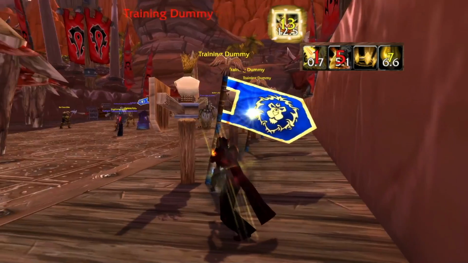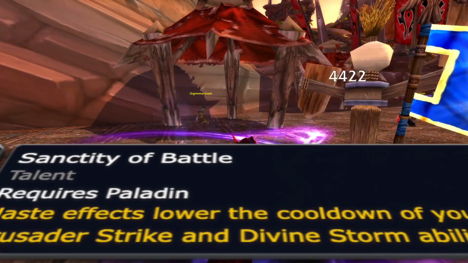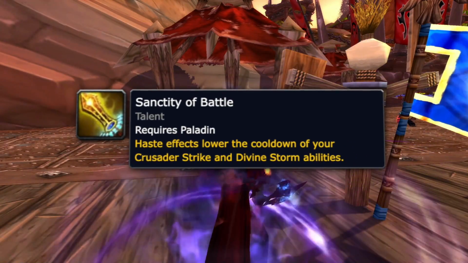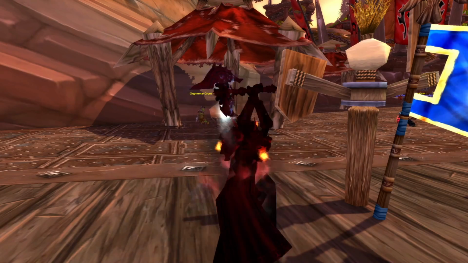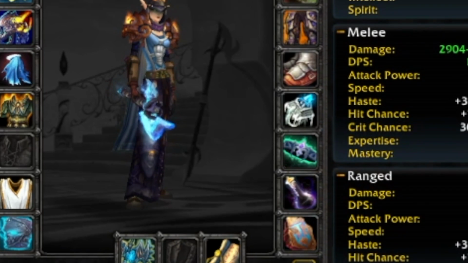Now, if you're not aware, Sanctity of Battle is the big thing here. This is in the Ret tree, which reduces the cooldown of your Crusader Strike based on haste. Now the problem is, without raid buffs working, getting down to a 3-second cooldown is going to be incredibly tough. It will be tough for me at least, because I'm not full BiS, I'm missing a couple of pieces,